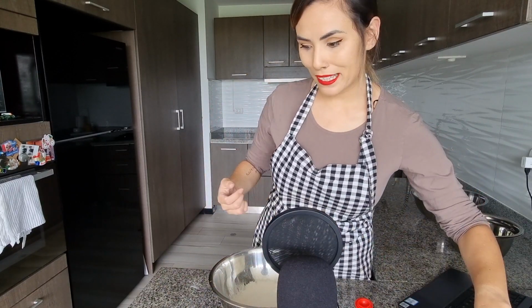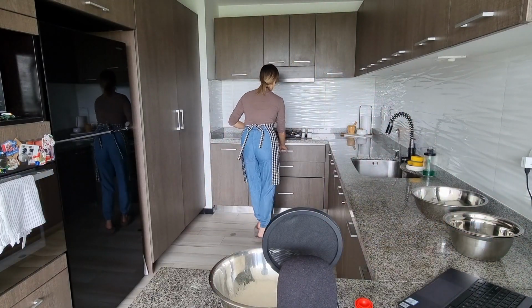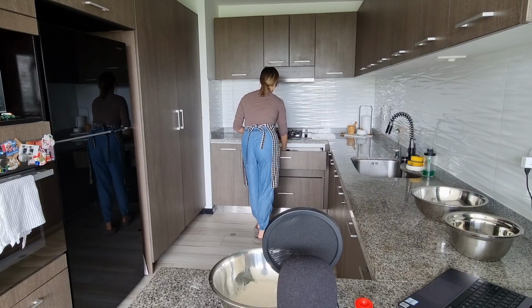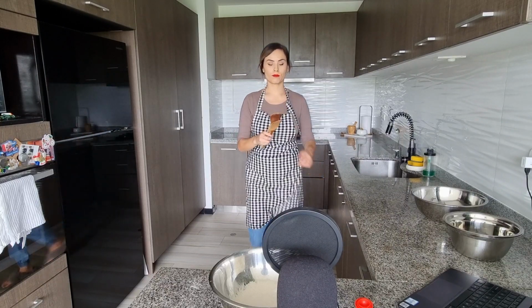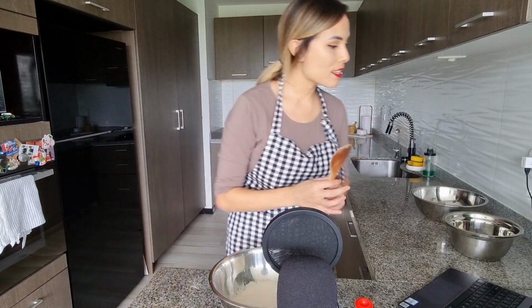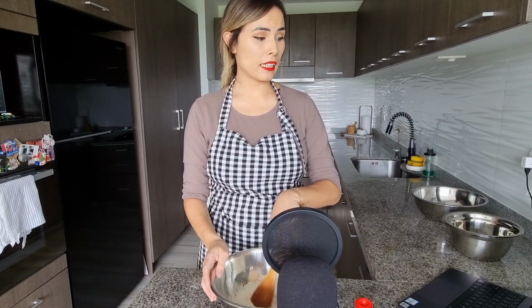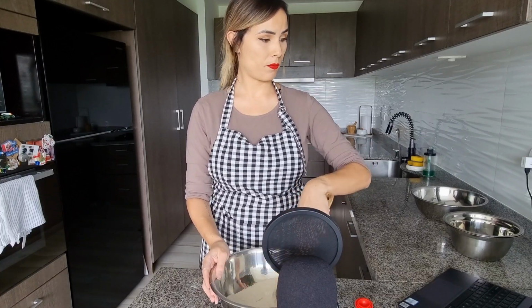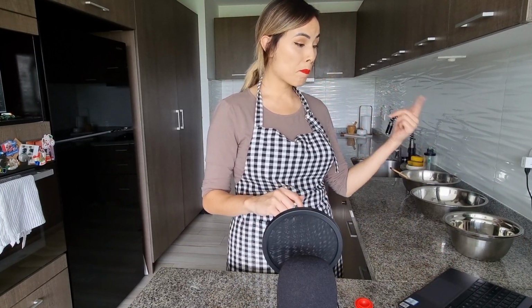I don't have my mixing spoon, so I'll go get that. And it says to put it all together, mix, mix, mix, and then set aside. So, setting aside. Now it says to beat butter,